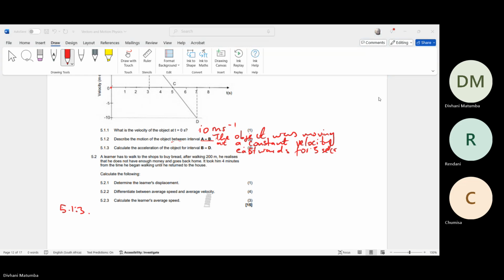Acceleration equals the change in v over the change in t. Okay, correct? From there,